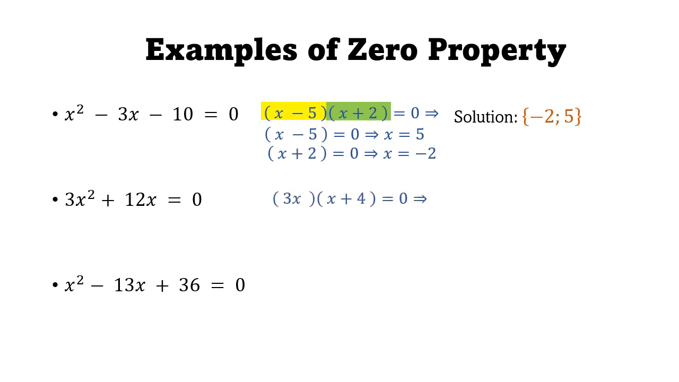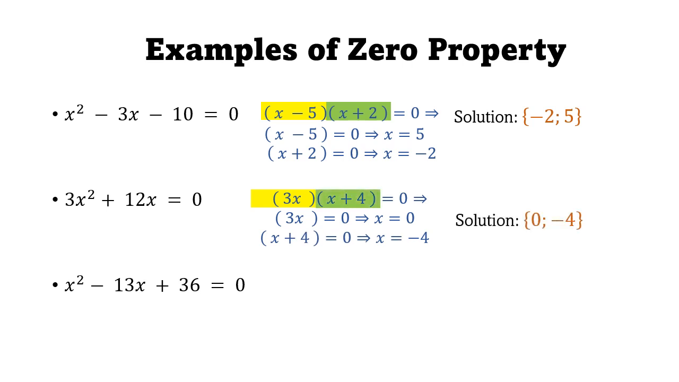Now the second equation can be factored into 3x times x plus 4, so 3x could be 0, so x is 0, or x plus 4 equals 0. Therefore the solution is 0, negative 4. The last example,